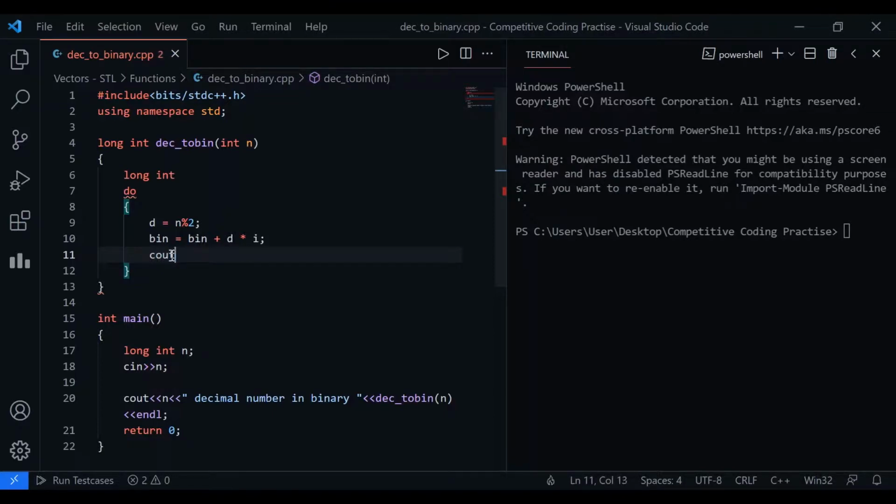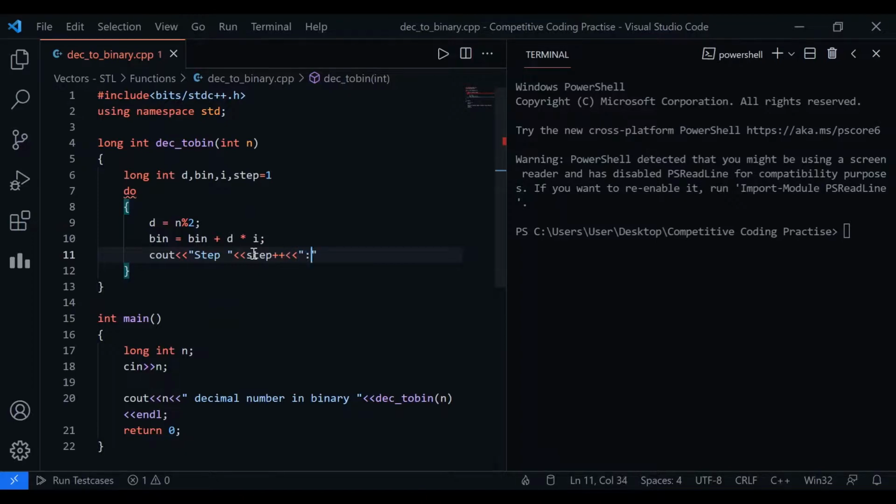So I'll be declaring the intermediate steps, like step. I'm taking the d variable, then the bin variable, then the i variable. Now I'll be taking another variable, step, which is equal to 1, so step plus plus.